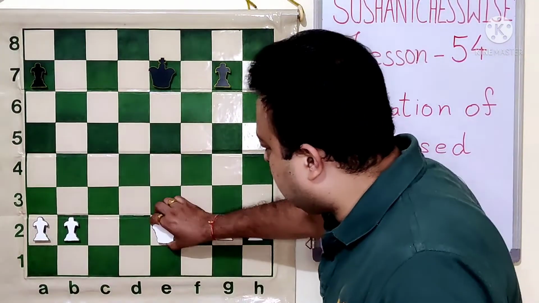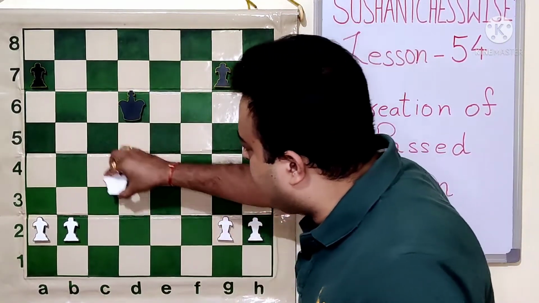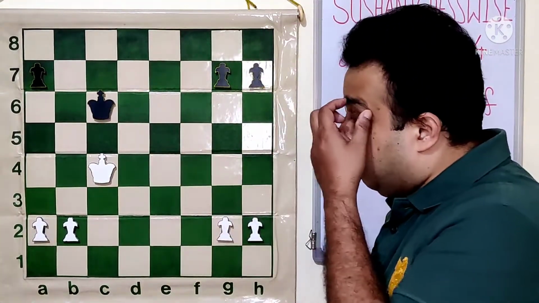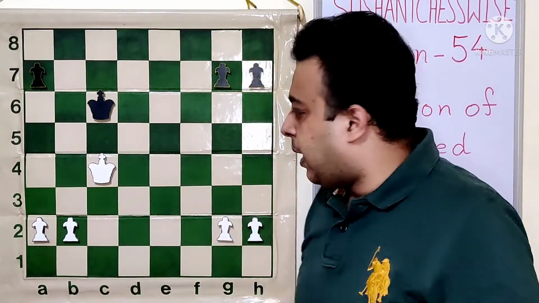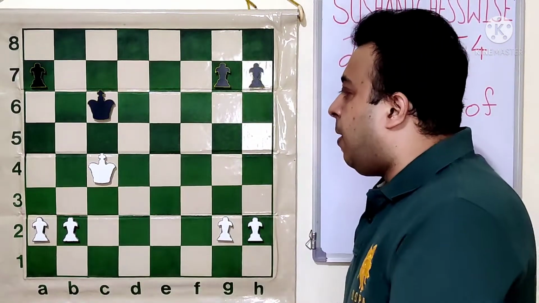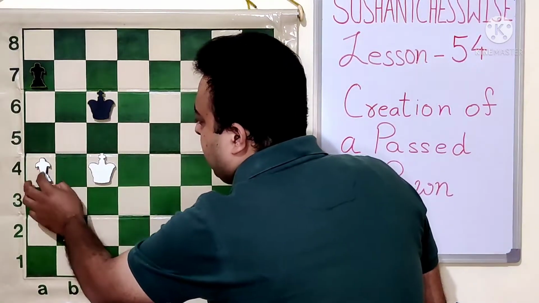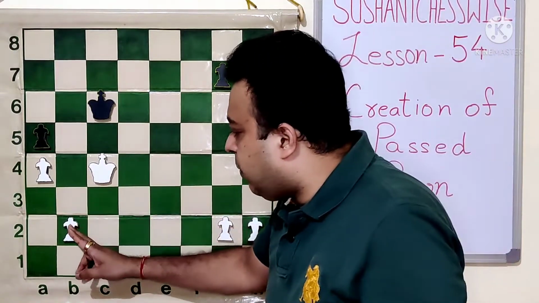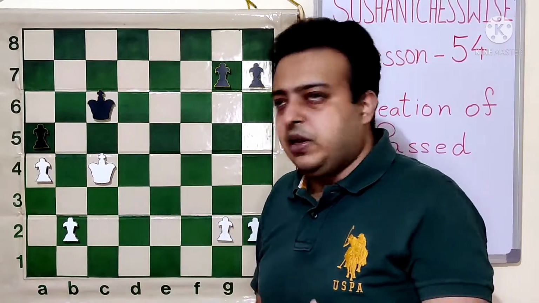Let's see. White started with Kd3, Black played Kd6, White went Kc4 as per the method. Now the king comes to c6. Black gets the opposition. So the king has managed to come to the 4th rank next to the candidate pawn, the one which is the extra pawn. Now what happens? Many players play the move a4, and after a4, Black can play a5. Of course, in this case White will win even though he plays b4. After ab, Kb4, he will win the game.